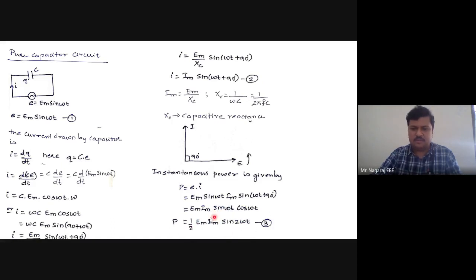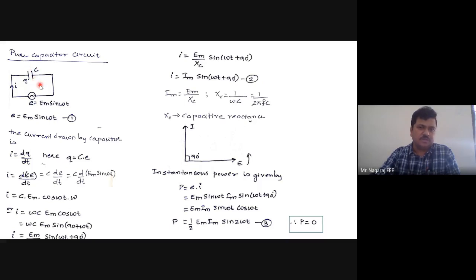Again you observe here, the power equation is consisting of only one term, which is vector, but power is a scalar. Therefore, I have to neglect the vector term of power equation. So RHS of the power becomes 0. What does that mean? Now again, power consumed by the capacitor is 0. Now where does all the power given by the source go? Definitely, it is stored in the form of static electric field across the capacitor plates. So all the power given by the source to the capacitor is stored in the form of electrostatic field.